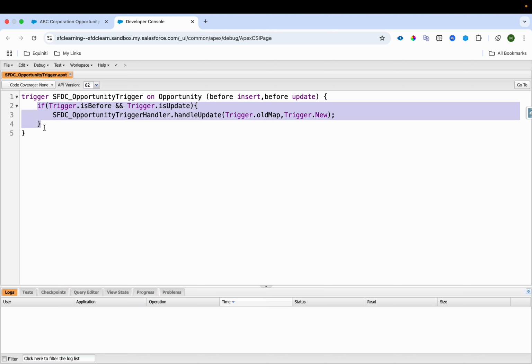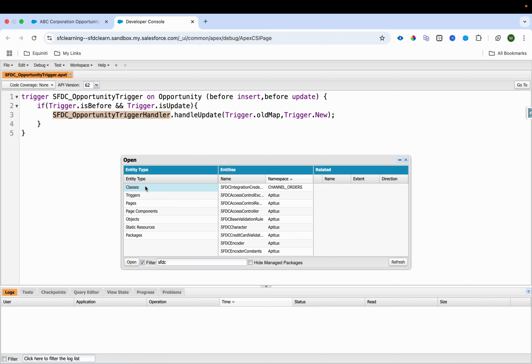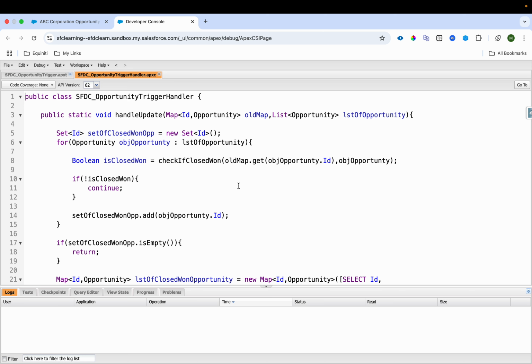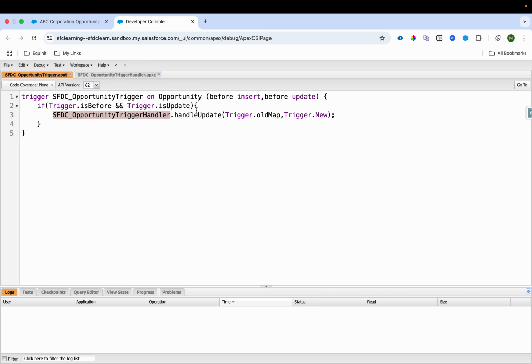But I want my code to get executed before update, right? Because I'm updating something. So that's why I have written and used trigger context variables, which are Trigger.isBefore and Trigger.isUpdate. So that means this code will get executed when the trigger is firing on the before update event. Now I use a handler class over here, and we are going to talk more about handlers in the next session. But over here, what I'm doing is I'm getting all the opportunities which I'm passing from here,